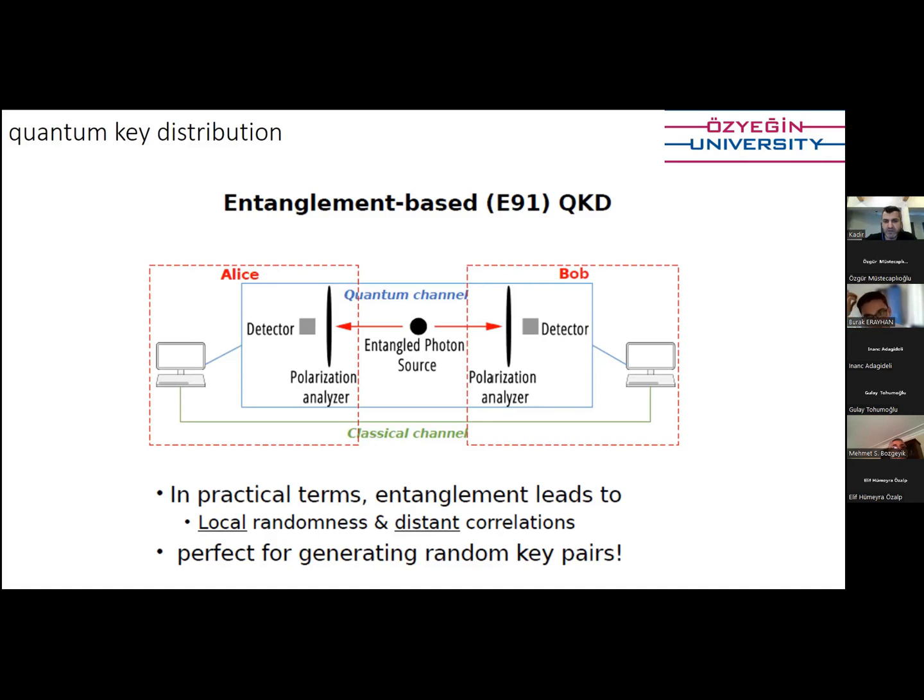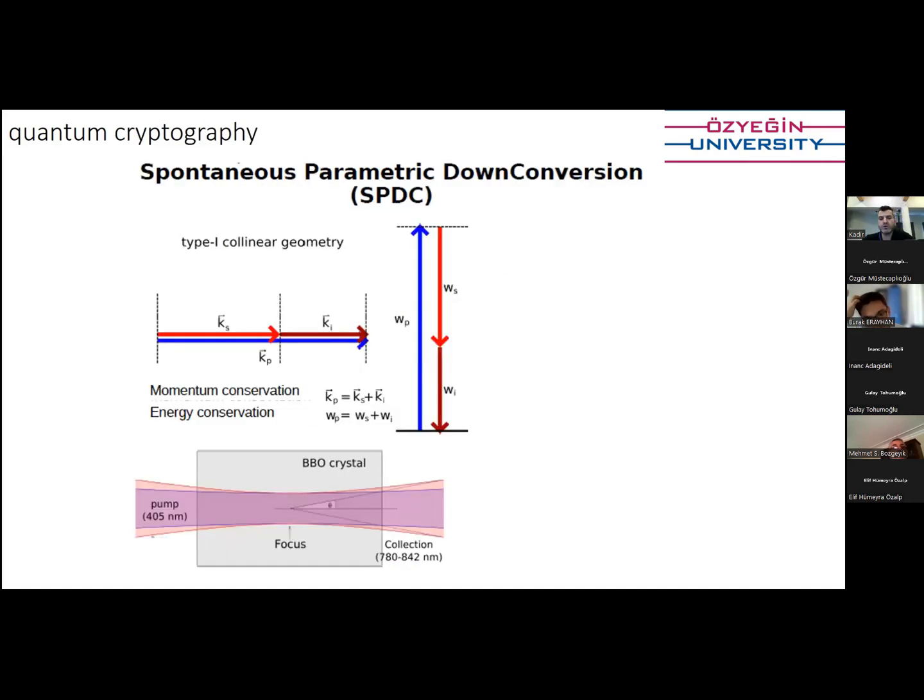That is one big advantage. So we talked about advantages and disadvantages of two classes of protocols. Of course, entanglement-based protocols are harder to implement due to the fact that you need to build an interferometer, a quantum interference setup. An entanglement setup is eventually a quantum interferometer. So to do that, you need to prepare